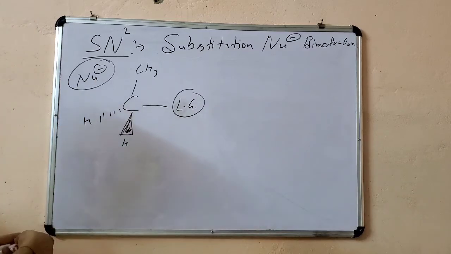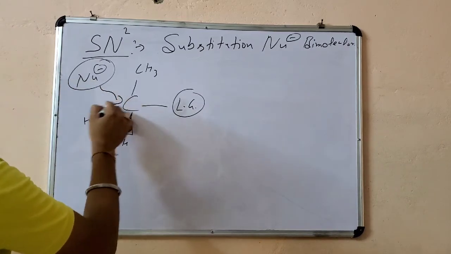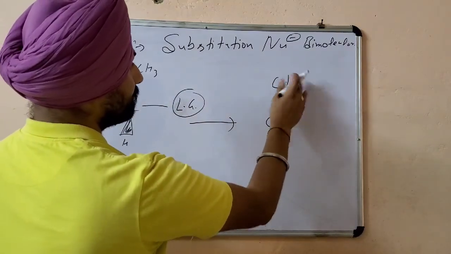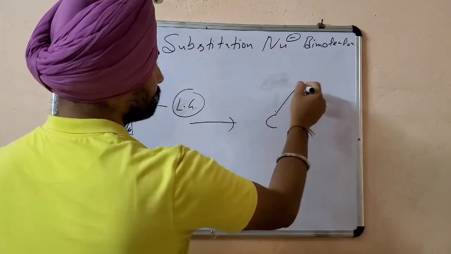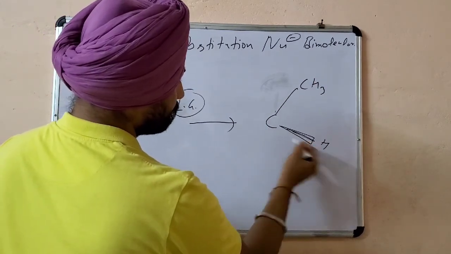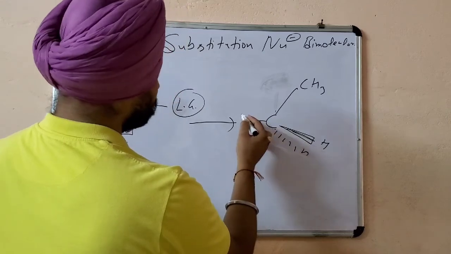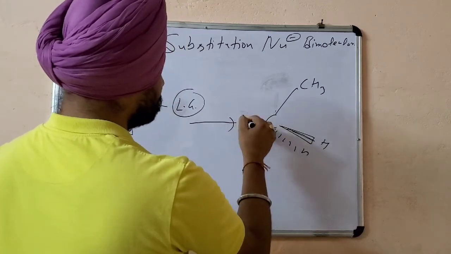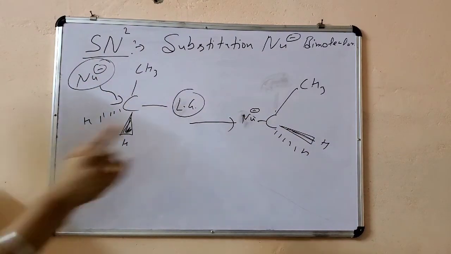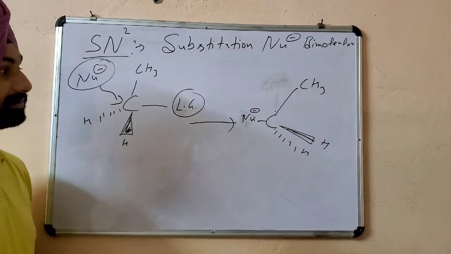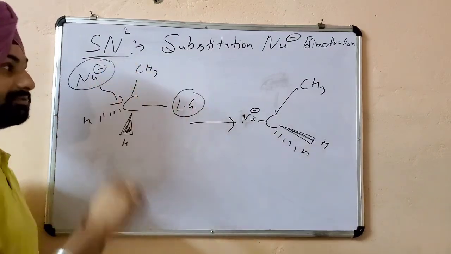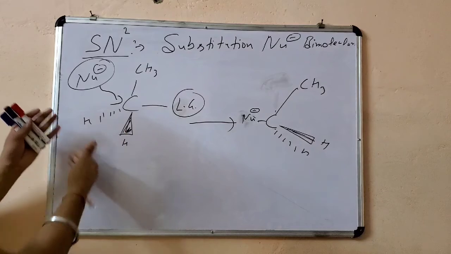So this nucleophile will come and attack this carbon, the leaving group will leave this carbon, and we get a product formed with the new nucleophile, whatever it will be. In this reaction mechanism, we can see there is inversion of geometry, but it is not always inversion. Sometimes there is retention of geometry also, which we will discuss. So this is the basic thing.